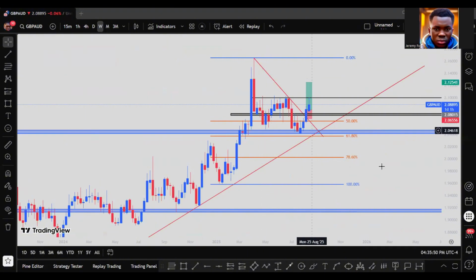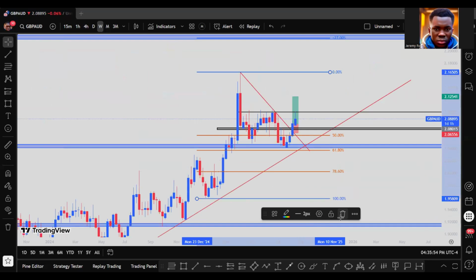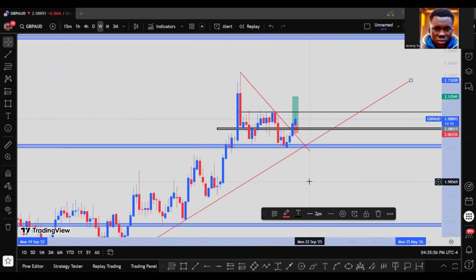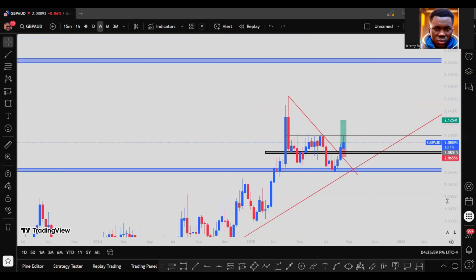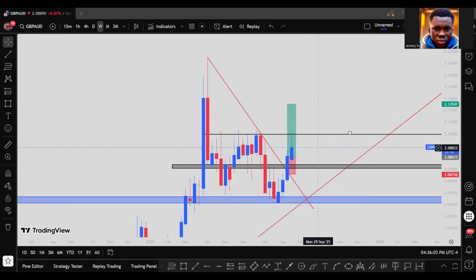Before you start looking for any buying opportunity, the direction of the market is to the downside, and to the upside, and price has got into a Fibonacci level and also a major level, but I still have to wait for price to break this counter trend line. So that's why my entry is around this region. So when price got here,